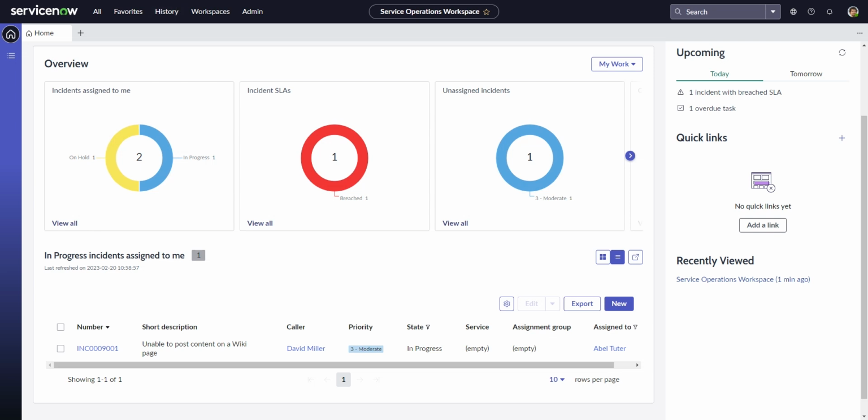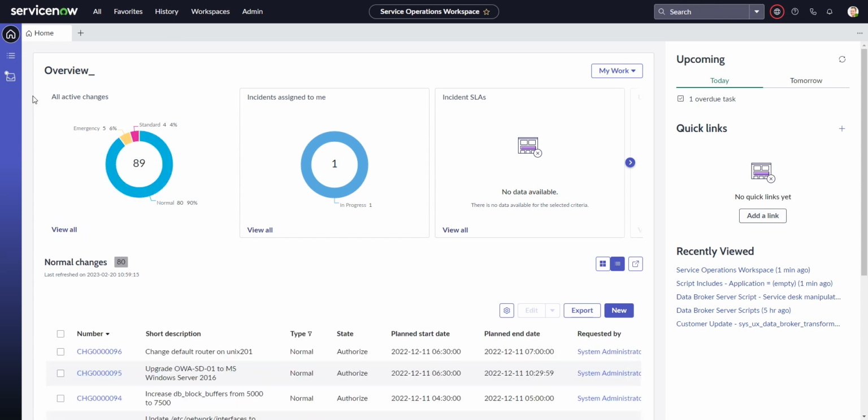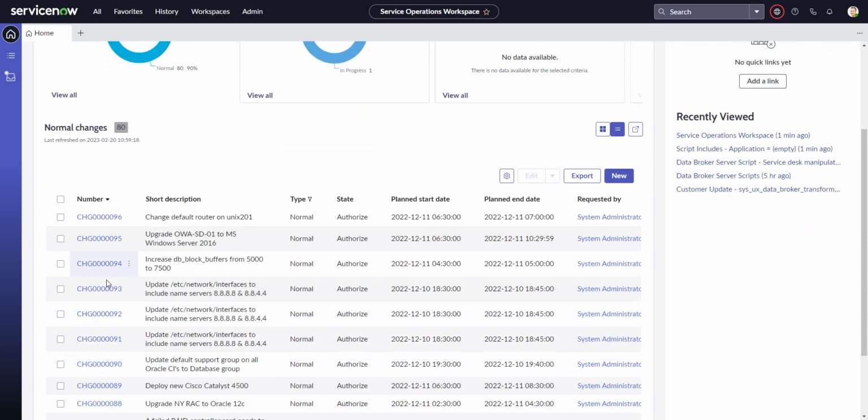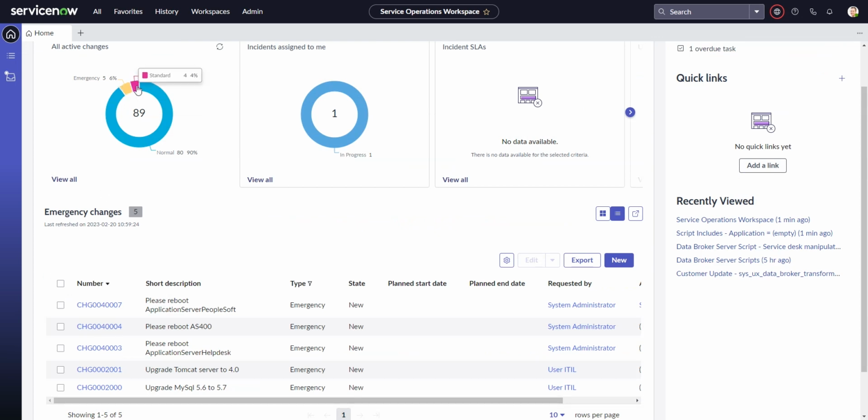So I have a working example here with all active changes. So I'm in changes. This is what we're trying to achieve. All active changes, and when I click on this is by type, so normal change, we get this changes to normal changes, and then we get a list of all those normal changes, emergency changes, standard changes, and then we